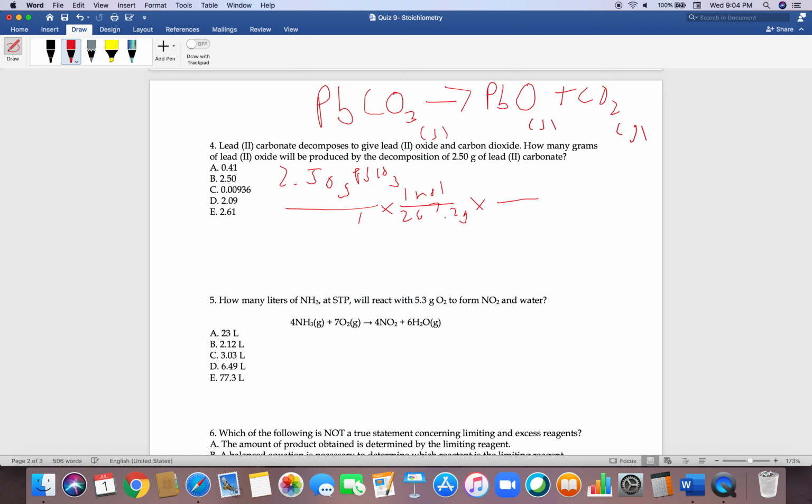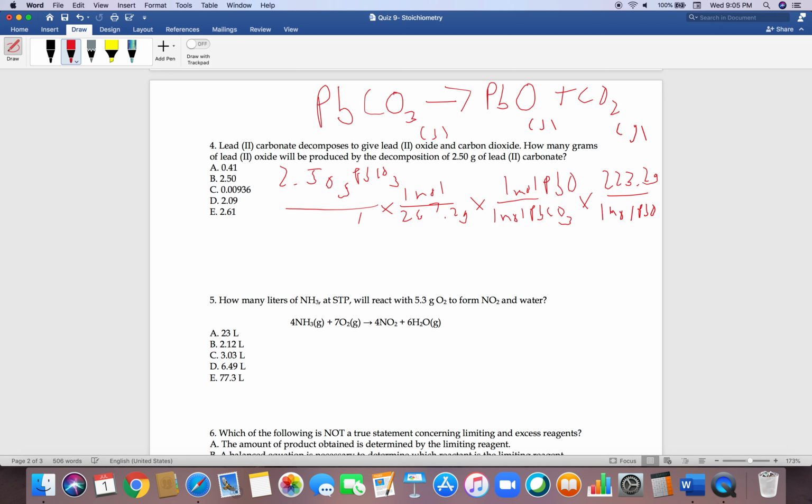And I know that for every 1 mole of PbCO3, I need 1 mole of lead(II) oxide. It's a 1-to-1 ratio. And for every 1 mole of lead(II) oxide, I need to know the molar mass of lead(II) oxide, and that's going to be 223.2